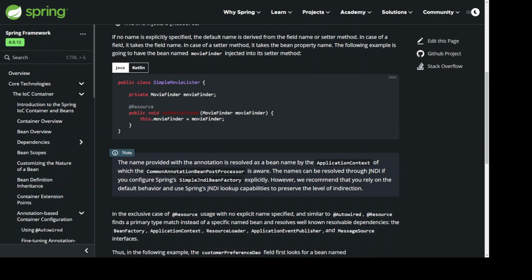public class SimpleMovieLister { private MovieFinder movieFinder; @Resource public void setMovieFinder(MovieFinder movieFinder) { this.movieFinder = movieFinder; }